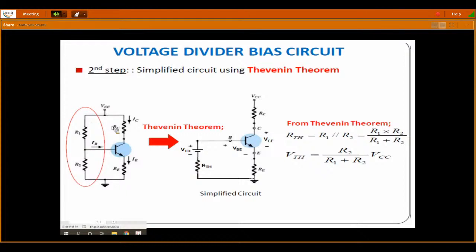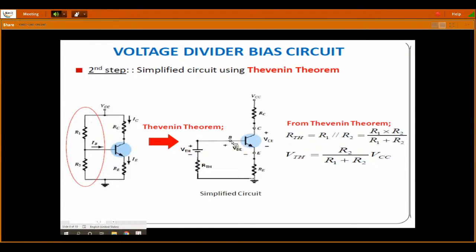Thereafter we open circuited the capacitor, since we are doing a DC analysis. In DC analysis, the reactance is very high, so those are replaced with an open circuit. Now R1, R2. This RTH is the parallel combination of R1 and R2, where VTH is the voltage across